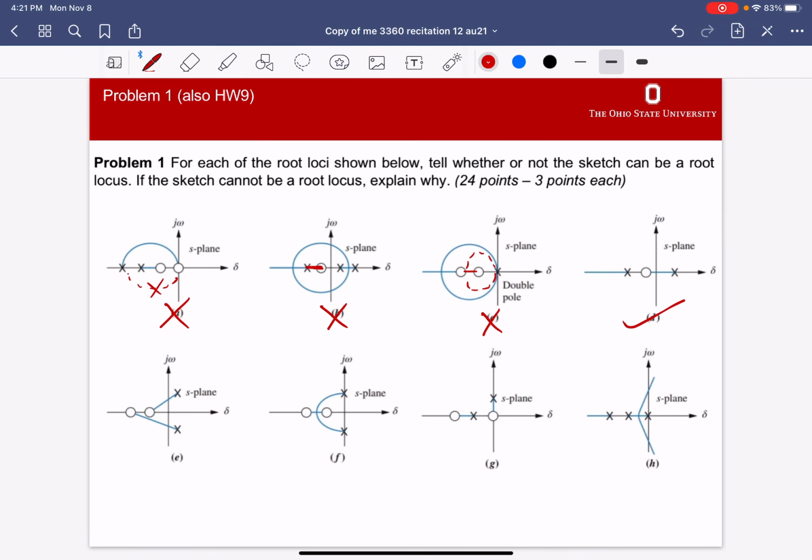And then for part E, no? Yep, this one is also not symmetric, so that's not a root locus. F. Do you think F is a root locus? Yeah, that's right. That is. For G, I'm seeing some no's. Yep, that is also not symmetric, so that cannot be a root locus. And finally for H, yes, that is also a root locus. Nothing wrong there. Alright, so let's move on to